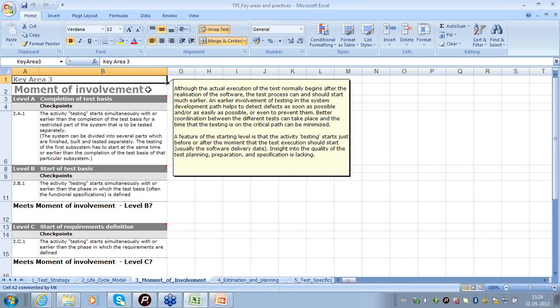So ultimately, the moment of involvement prescribed is as early as possible in the software development lifecycle. The overall objective of prescribing such a moment of involvement is to optimize the entire software development lifecycle process and not only the software testing process. Many of the key areas in the TPI model have been designed with the objective of optimizing the entire software development lifecycle and not just software testing.